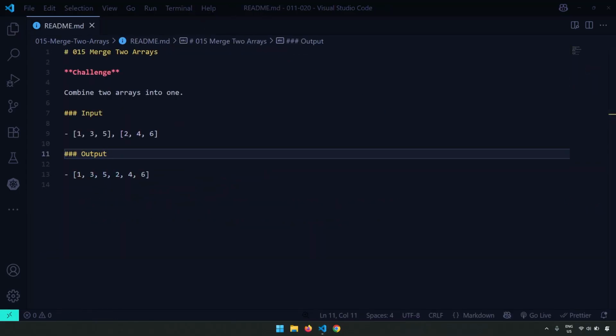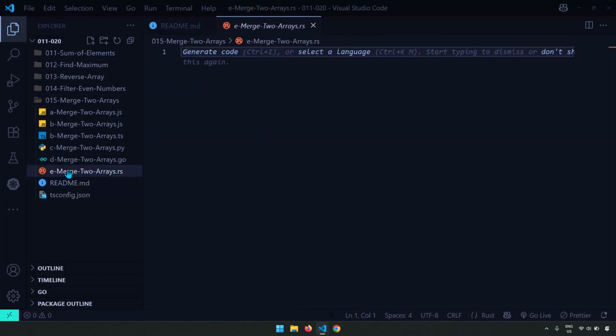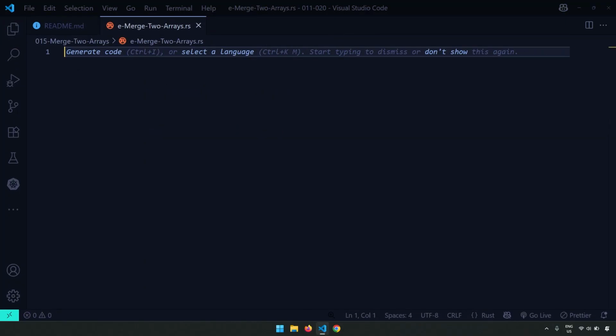And we're going to talk about the final language, which is Rust. So let's go into that file. How are we going to go about this with Rust? I am going to go with 3 solutions as well. The first solution is going to be using the concat method. So let's go ahead and write this. I'm going to say solution 1